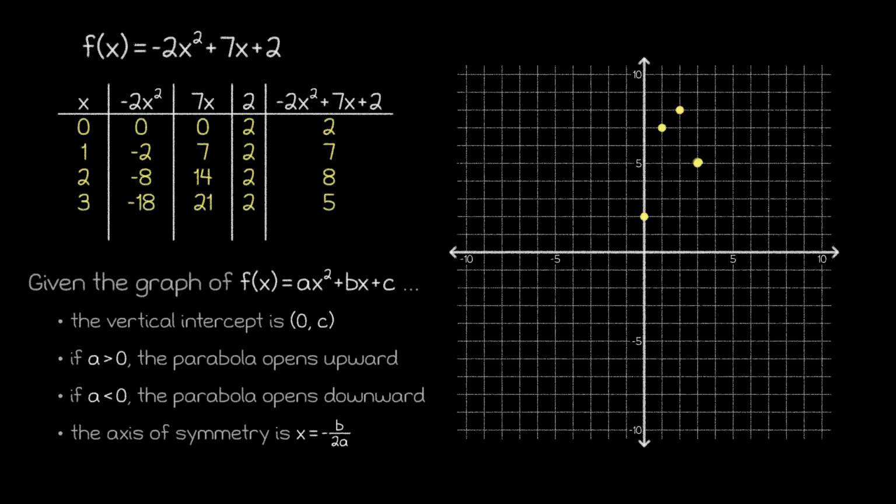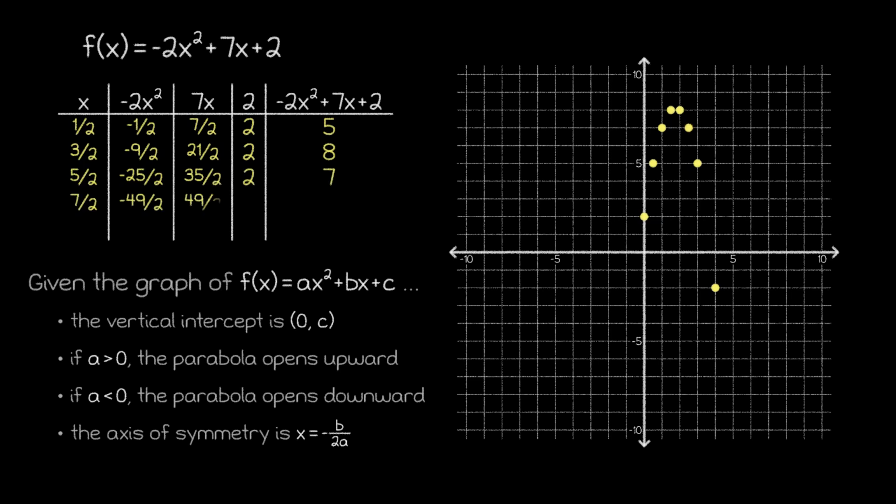With these additional points, we can eventually get a rough idea of what the graph will look like, but you may notice that our symmetry seems to be off. Thankfully, this lack of symmetry is just a side effect of having -2 as our leading coefficient. If we plugged in some fractions, we would eventually see that all the points still come in reflective pairs. Those pairs just happen to involve some non-integer inputs. From here, we could fit a parabola to these points as best we can and move along.